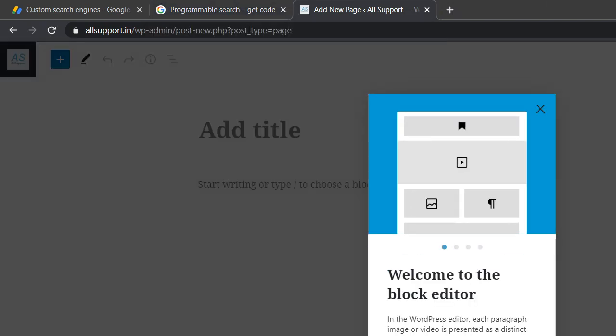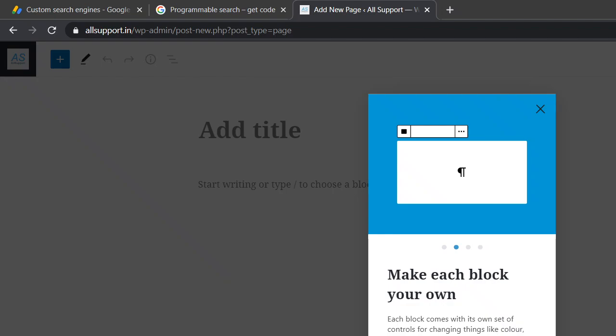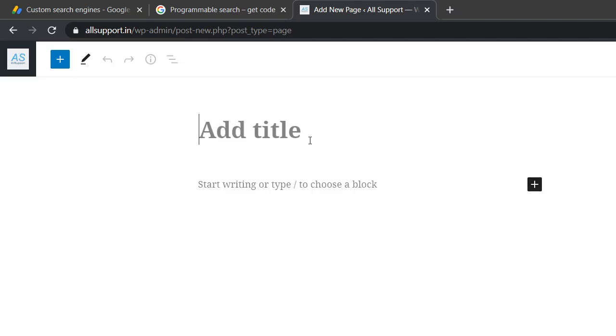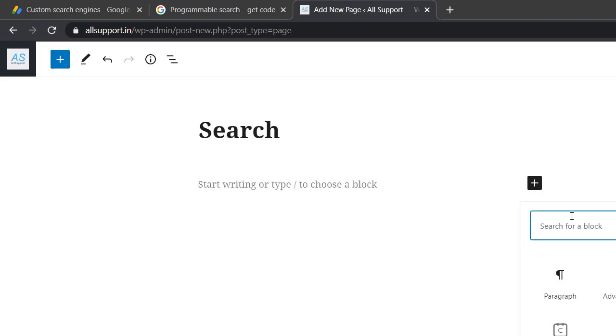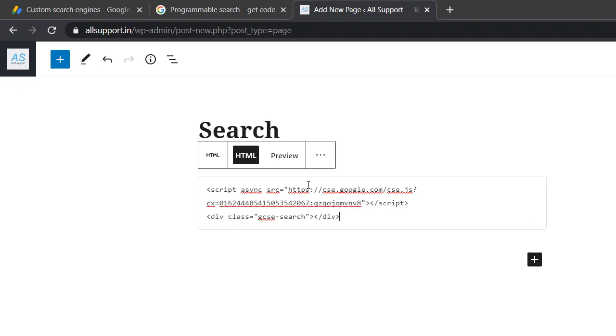You can implement that code anywhere on the site, wherever you want to implement it. You will not face any kind of issue with that. So let's create one page and add the code. This is search, and here I'm using add HTML, and here I will add the code that is present.